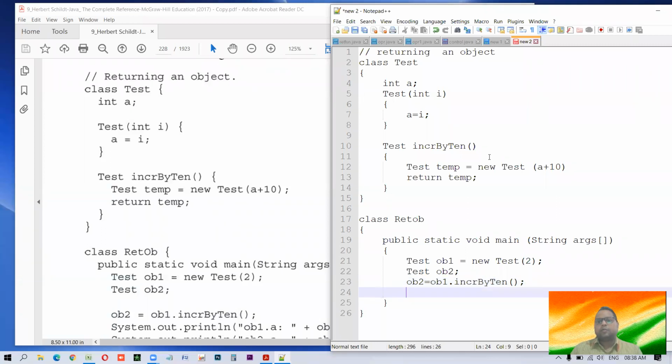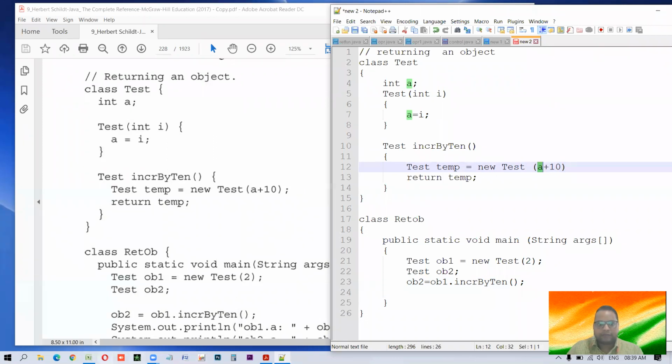Now the thing is, what will happen when this is called? A new temporary object will be created in that particular function, and since this function is called with this object ob1, and here a plus 10 is there, it knows what a is.